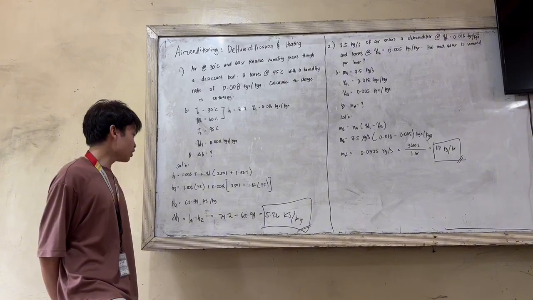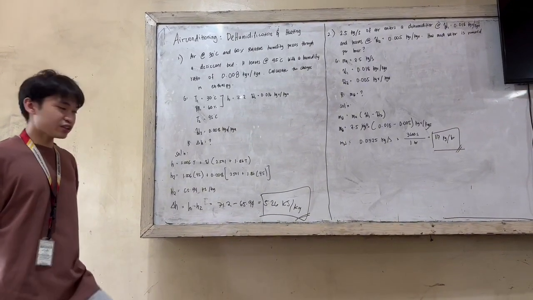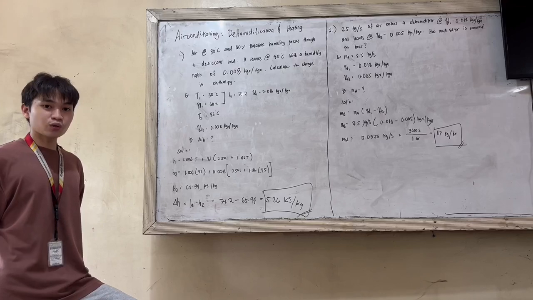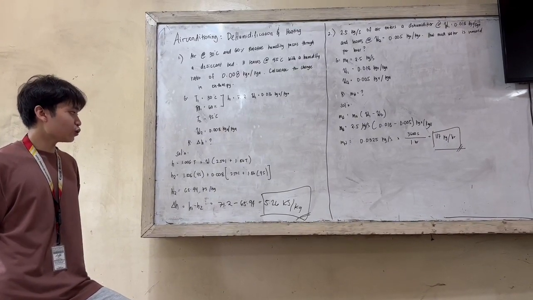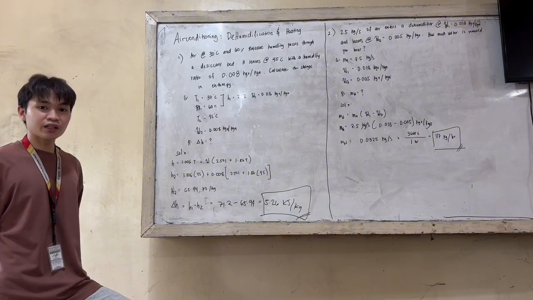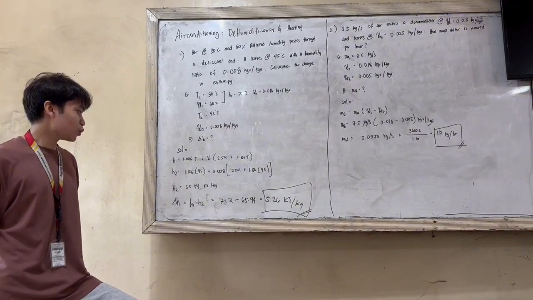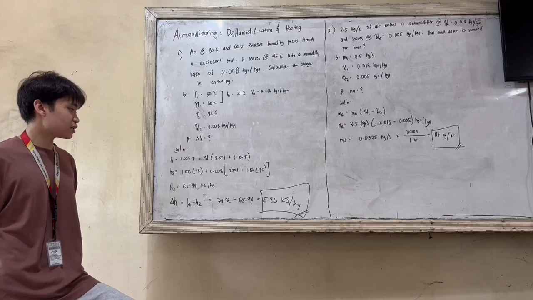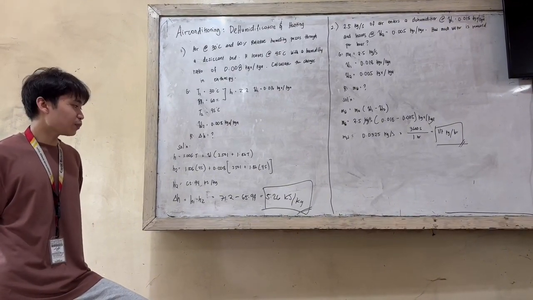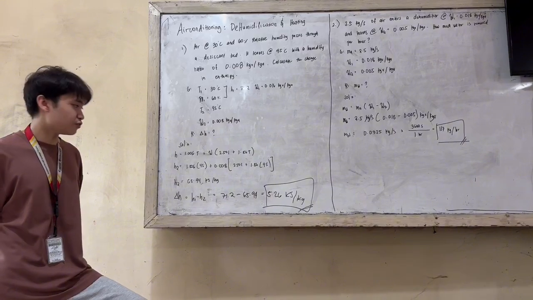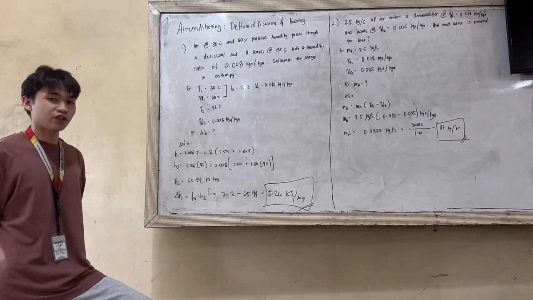To find this, we need to find the enthalpy 2 first. To get this, we will be using the formula H equals 1.006 times T plus the humidity ratio times 2501 plus 1.86 T. Inserting the values we have: 1.006 times 45 plus 0.008 times 2501 plus 1.86 times 45. We'll be taking the value at 65.94 kilojoules per kilogram.